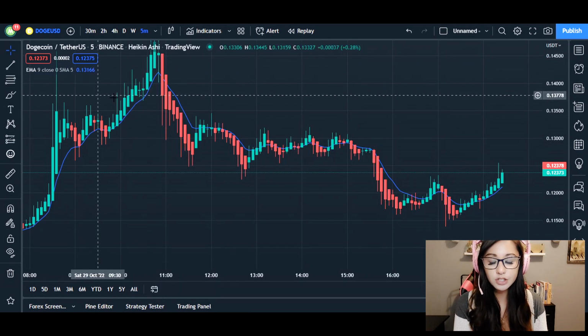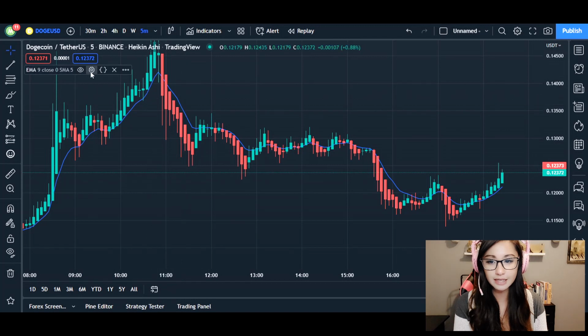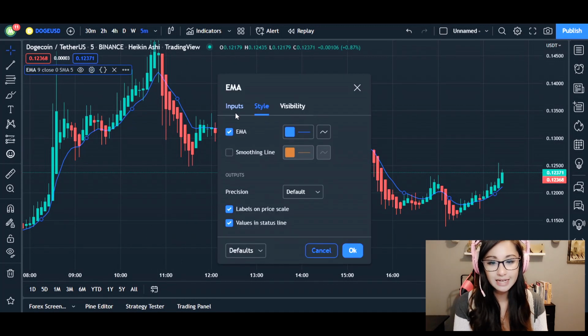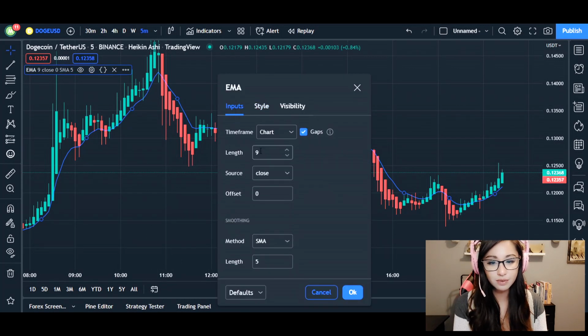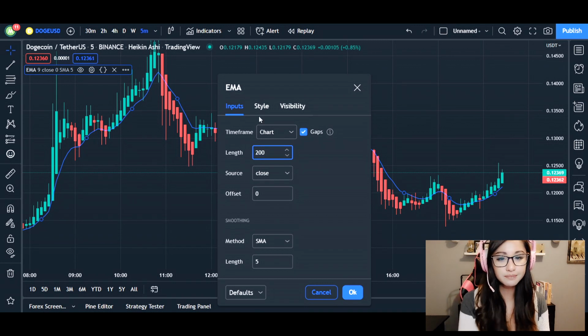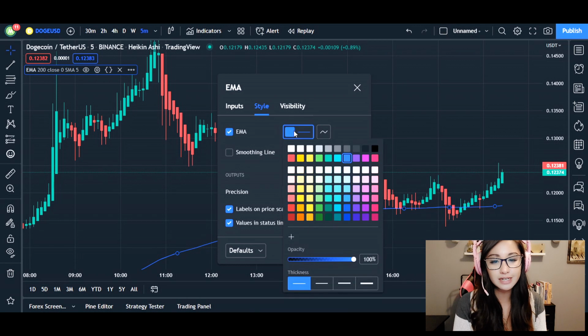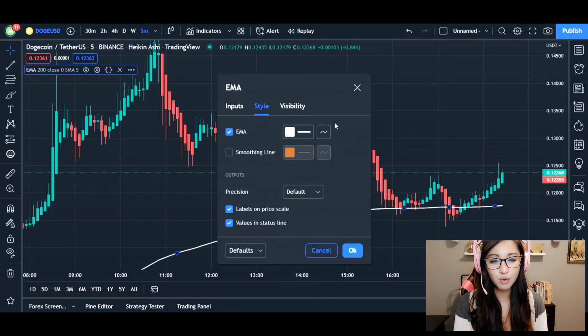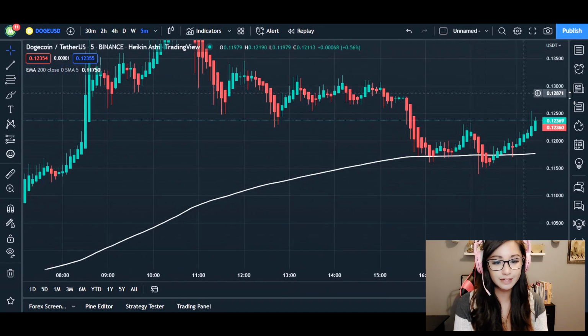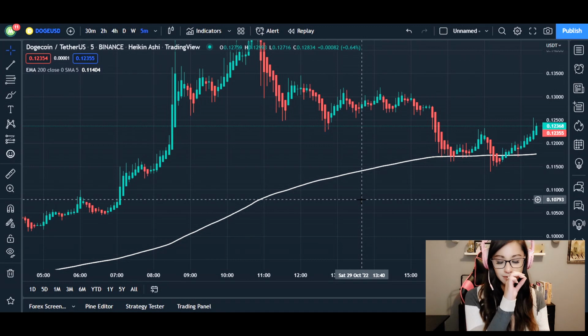We are going to change this line here and change a few settings. So under inputs, we're going to put it as 200. And then the style is just cosmetic. For this reason, I do want the line to pop out, so I'm going to put it in as white and we're going to bold the line itself. Perfect, so easy to see. The purpose of this trading strategy is to filter out all of the noise and just have that clear buy